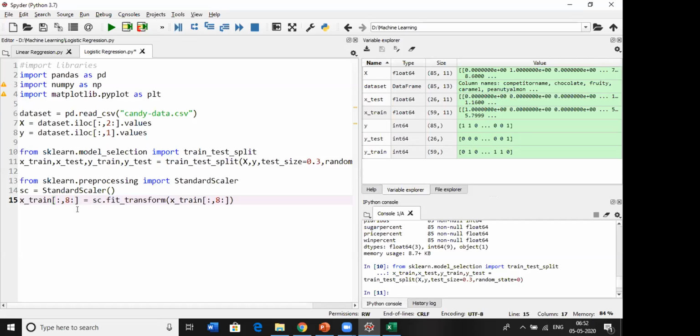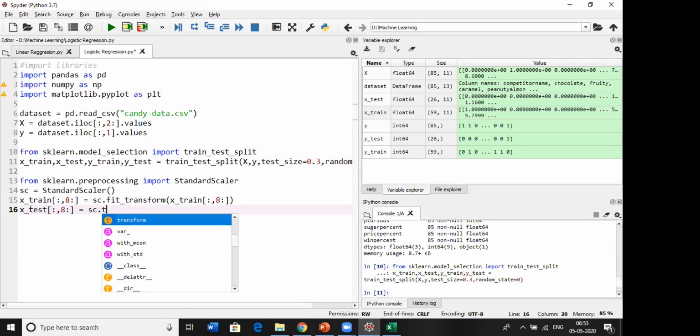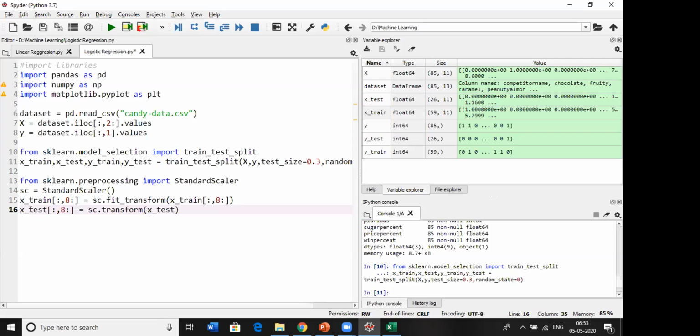Let's assign this back to X train. We also need to change X test, but we are not going to fit_transform it, just transform, because we need the same scale. So let's run this.